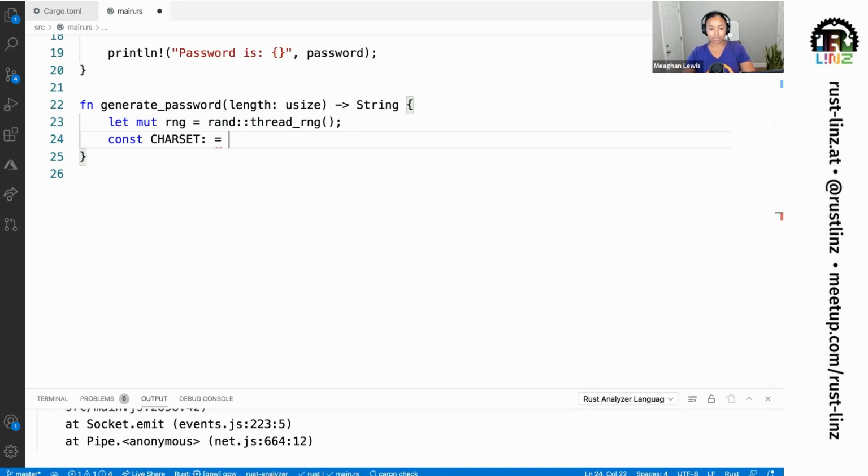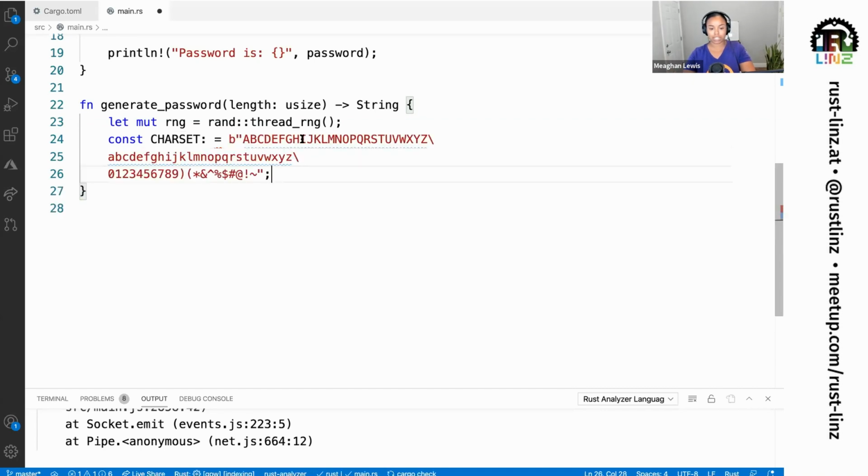So that's going to be equal to this. I previously wrote out these characters because I didn't want to type a lot of things here. This is basically just going to indicate this b, and then within quotations, a byte string literal. What this needs here is an unsigned 8-bit type, and we're going to be able to pass that by reference. So I can say a u8 is going to be equal to this byte string literal.